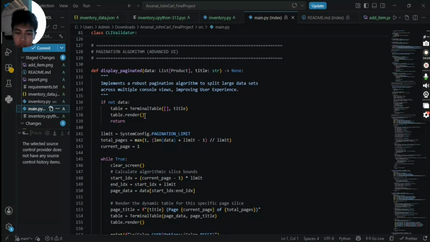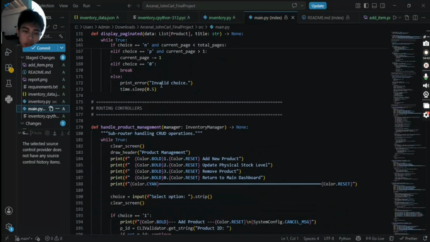The display paginated function dynamically calculates page limits, ensuring massive arrays are split across readable console pages and greatly improving the user experience.